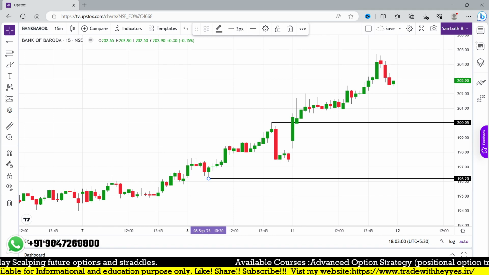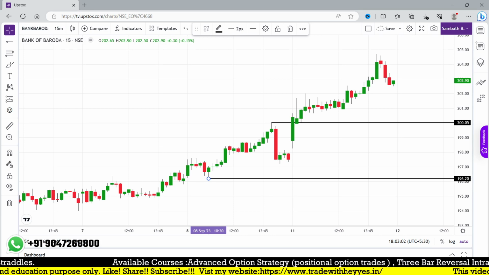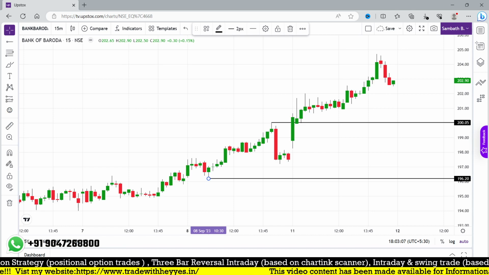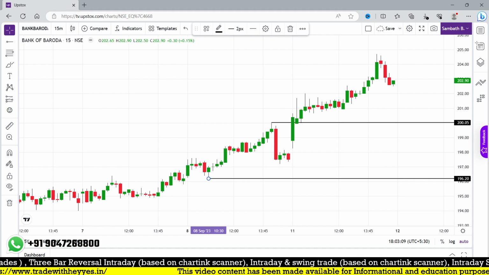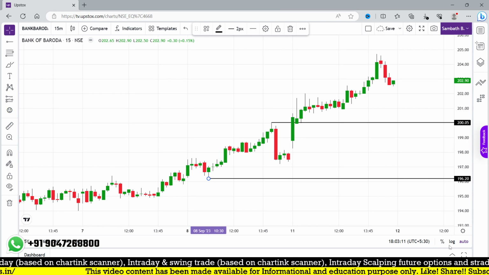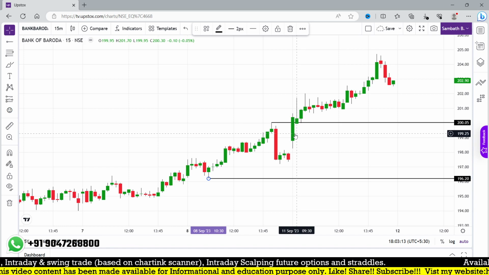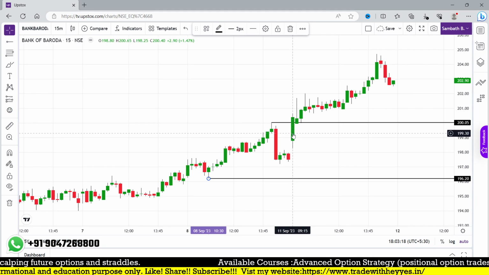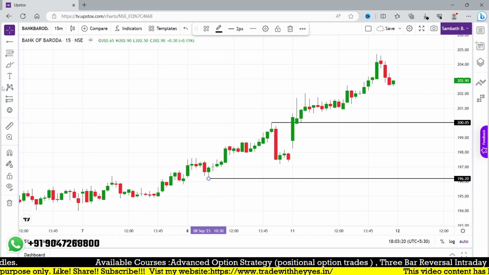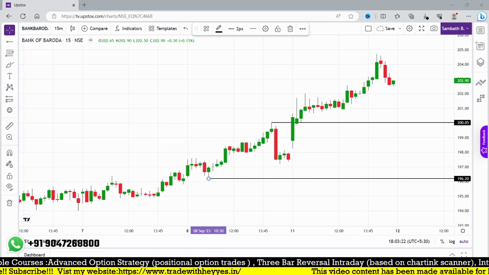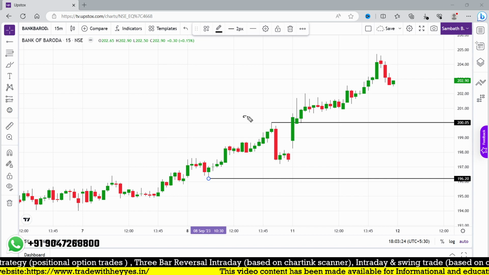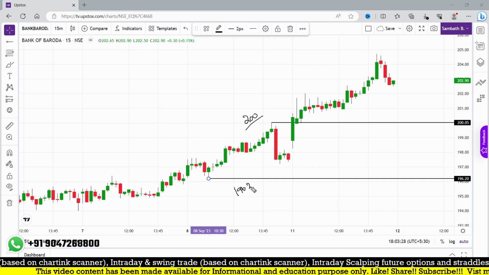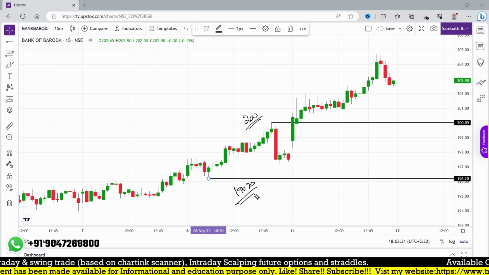Look at this, today's stock opened inside the range of the previous day, 200 to 196, and today it started around 198.8. So this exact concept is looking for the level around 200, and the lower level is 196.2, and today's open is